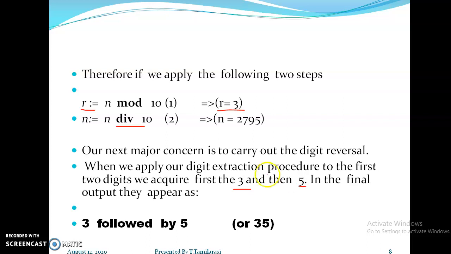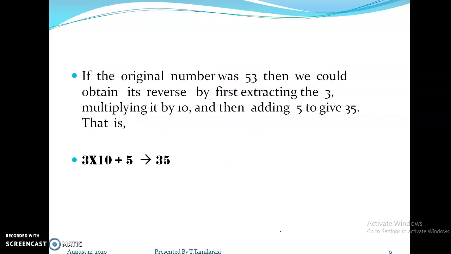So we get the value 3 followed by 5, but we are expecting the value to be in the form of 35. How can we get 35? The original number was 53.